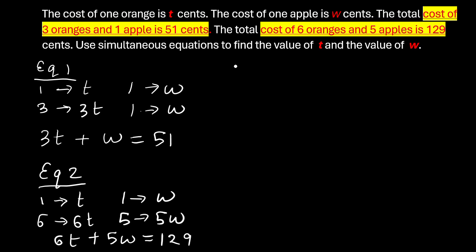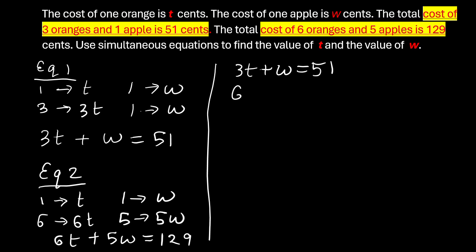Now we come and write our simultaneous equations. 3t plus w is equal to 51, and 6t plus 5w is equal to 129. Now, there are a number of strategies that we can use, but if we are using elimination, we can